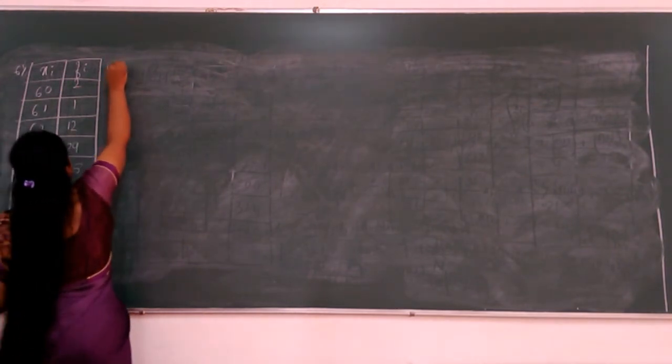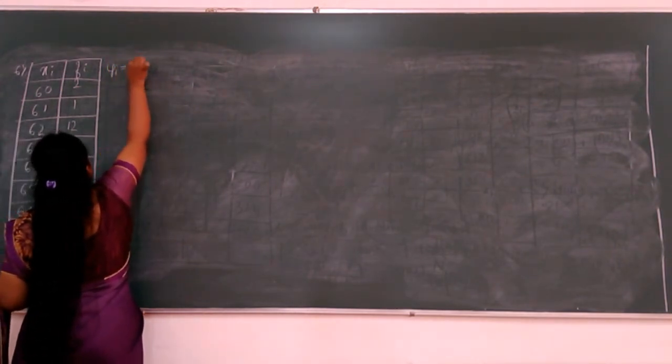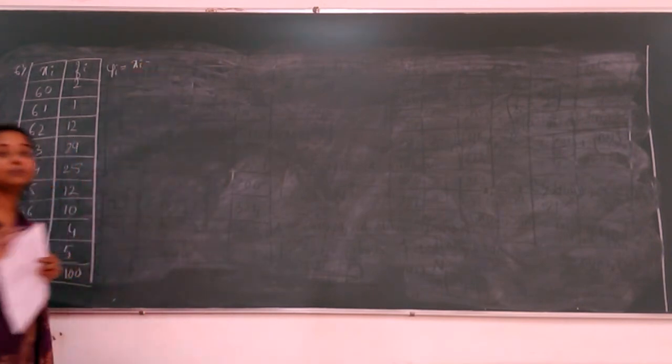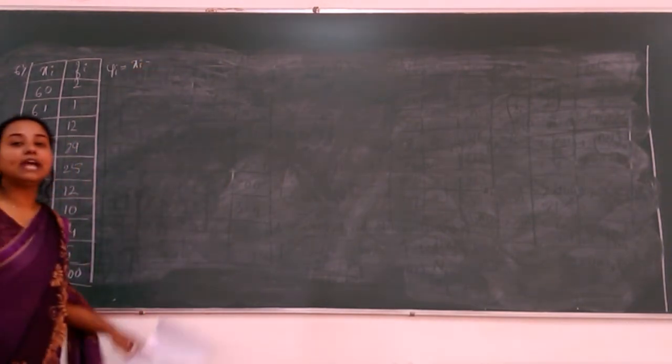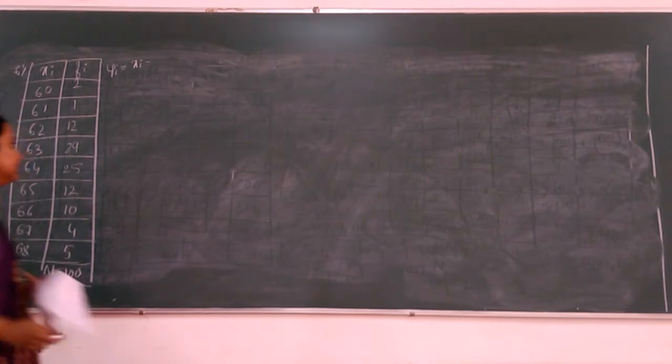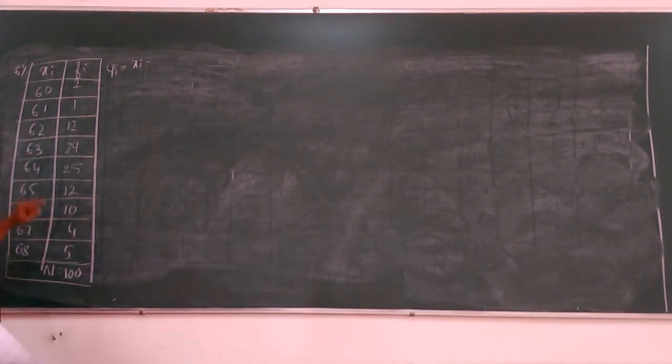To divert each xi, you have to subtract it from the assumed mean. How do you get that assumed mean? It will be considered from xi's only. Why? Because the mean, median or mode always lies within these observations only. Now we have to assume a mean, right? So how do you assume that? You will assume that value such that it will be in the middlemost position.